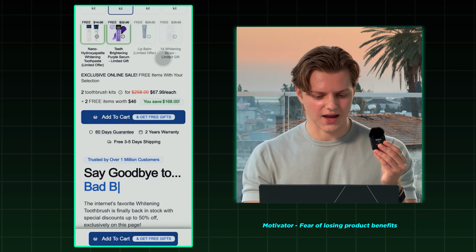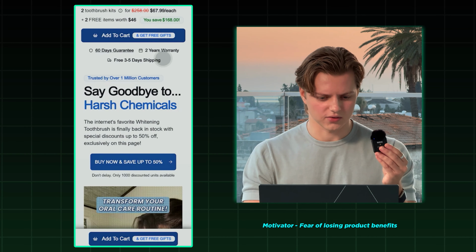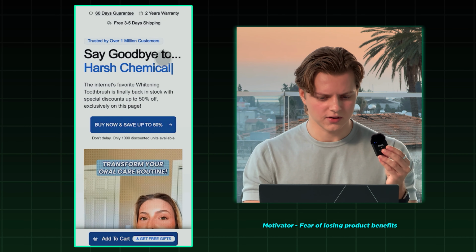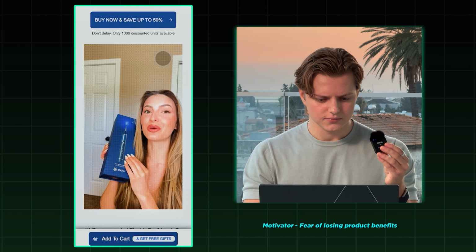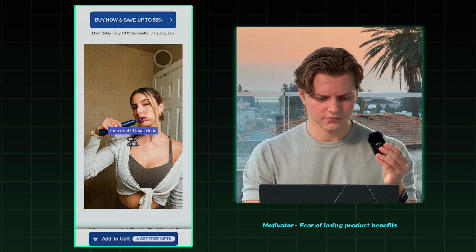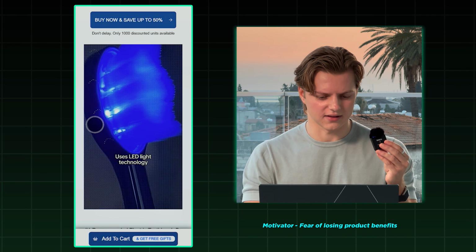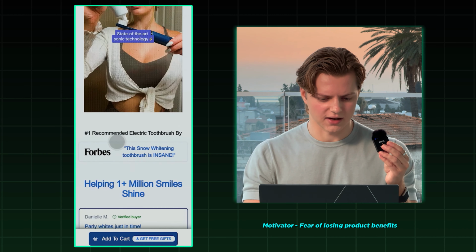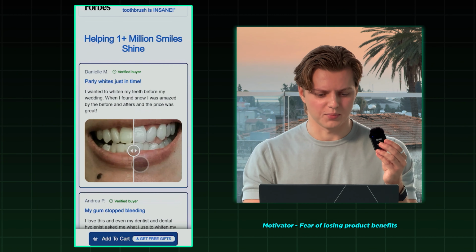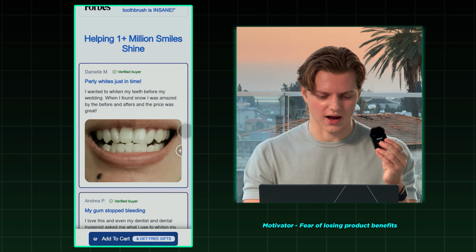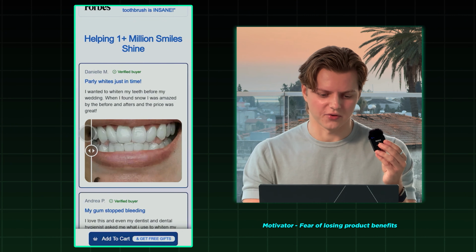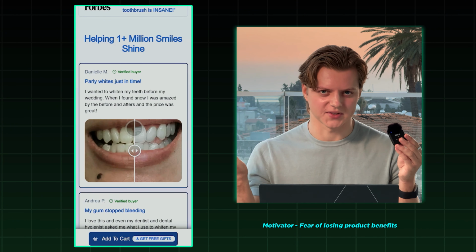And for the second motivator, the fear of losing out on the promised product benefits, they do not have any sections on this at the top. But if you go further down, they have a video showing "dentist level clean every time," and they have before and afters. This is a very high impact benefit section because the before and afters here basically speak for themselves, and it's way better for them to show it like this